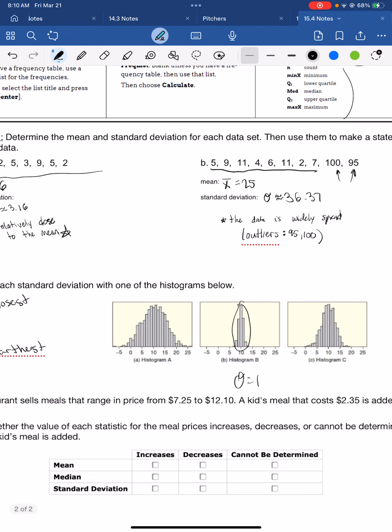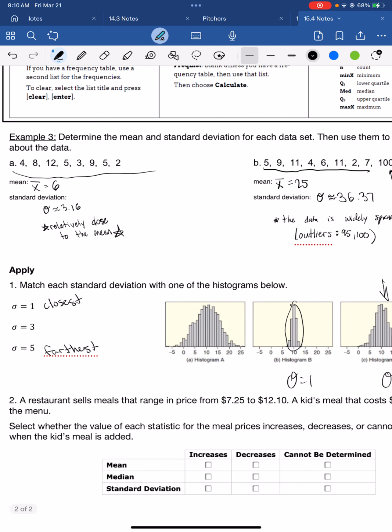Okay, we can see that the next one, histogram C, has data that is a little more spread, but not quite as spread as histogram A. So this one would be the standard deviation of 3, and then this data over here in histogram A is the furthest spread out. Almost every number has a data value, so this is going to be the standard deviation of 5. All right, hopefully that made sense. We'll talk about